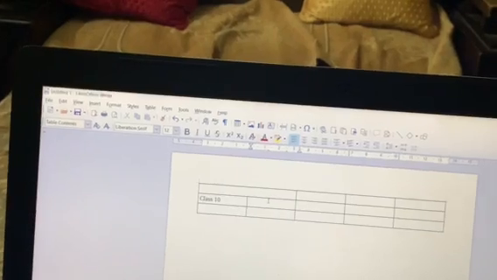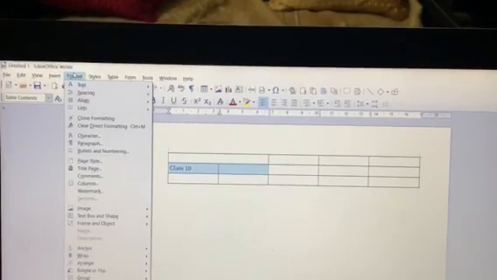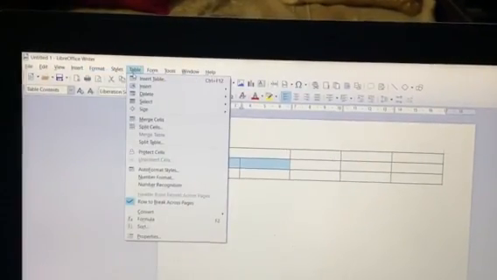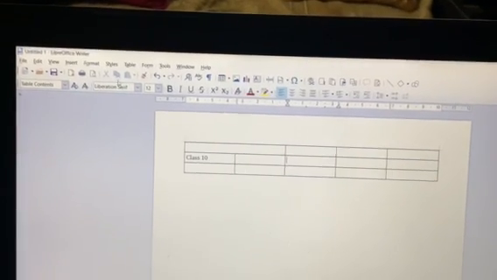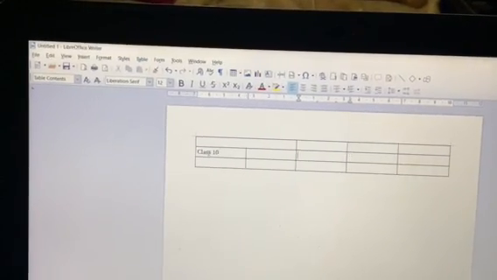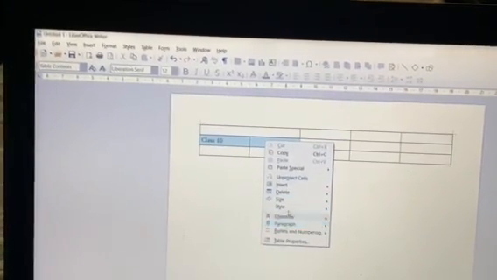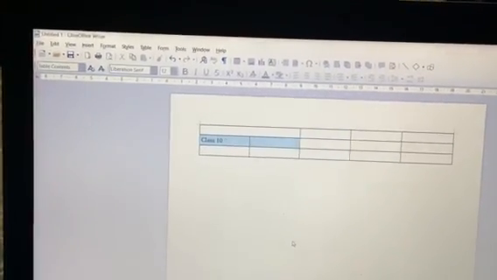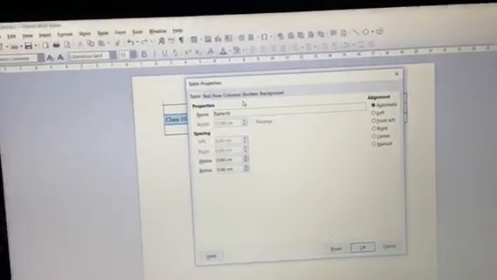Suppose I have selected this cell. And I can use format table, the protect cells. Properties of the table I can change.